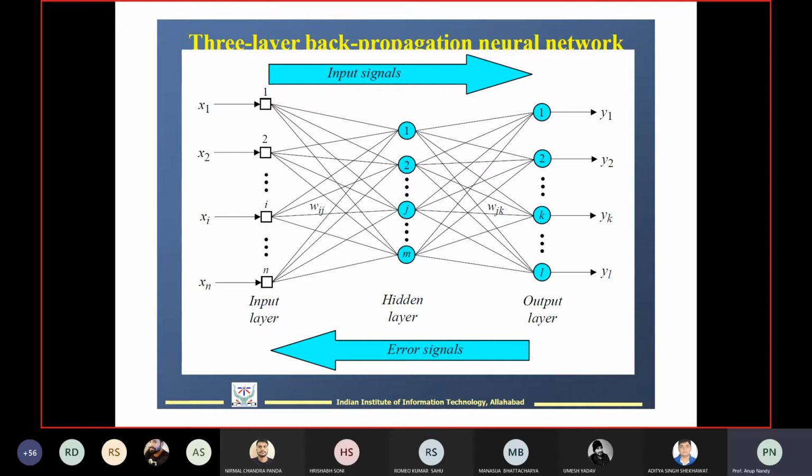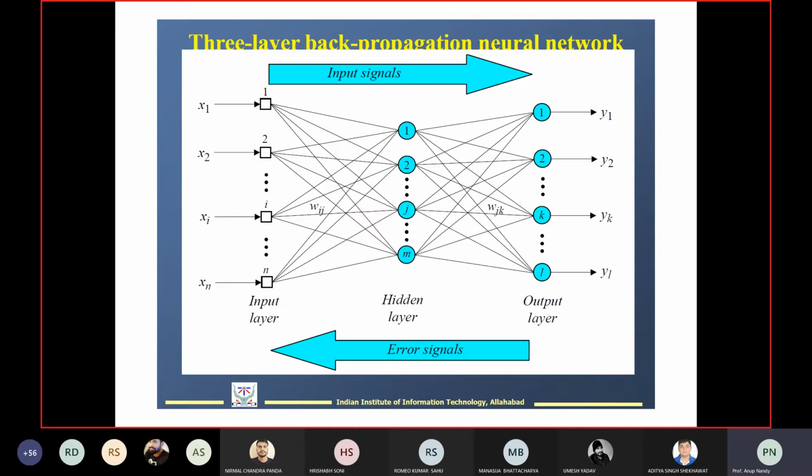Then it is the jth neuron in the hidden layer. It is the mth neuron, and as you can see, there is a link. A link has been established from each node of the input layer to every node in the hidden layer. These weights will be 1,1, then 1,2, then 1,3, then 1,4. You can think of it this way, or 1,1, 1,2, 1,j, 1,m. Now, if you consider one particular node, then it should be w_ij.